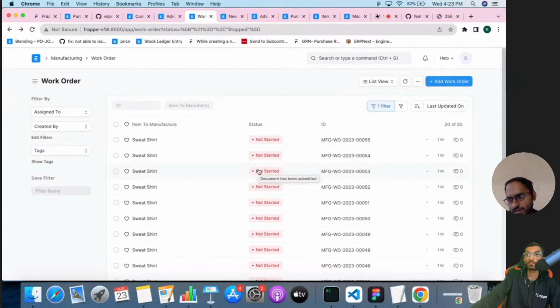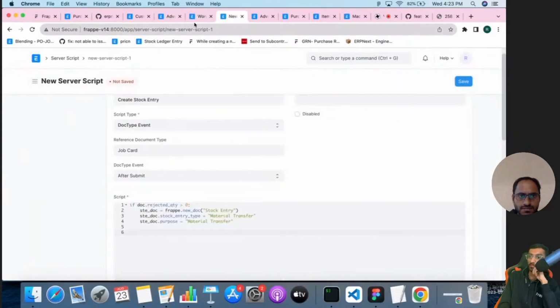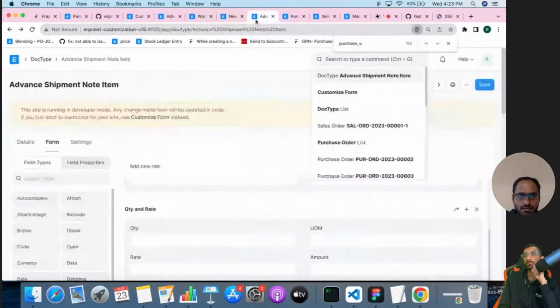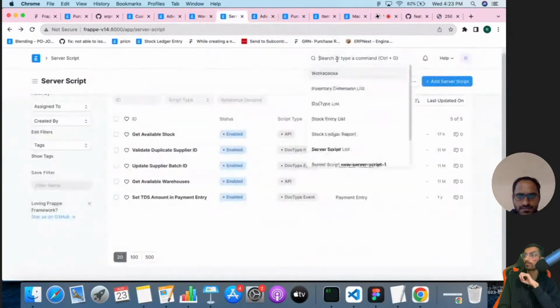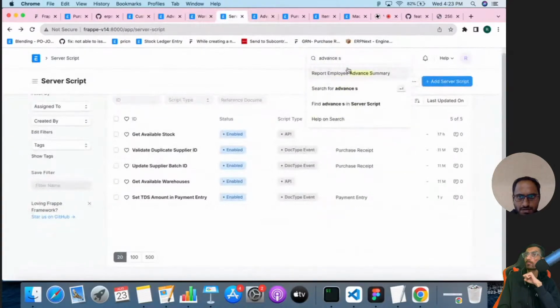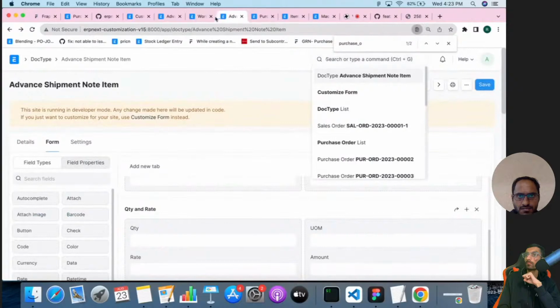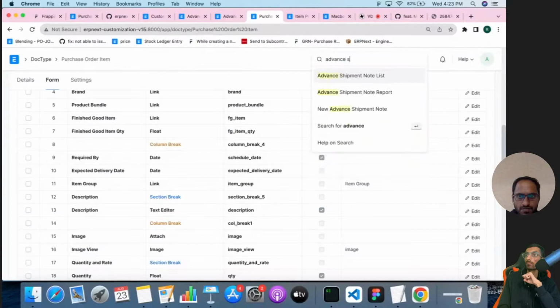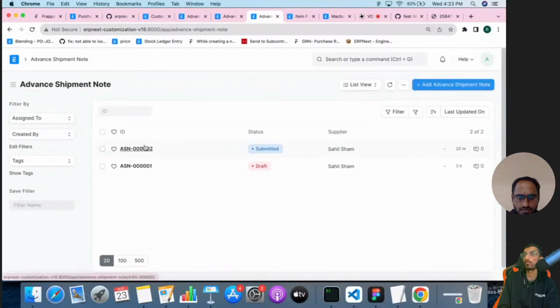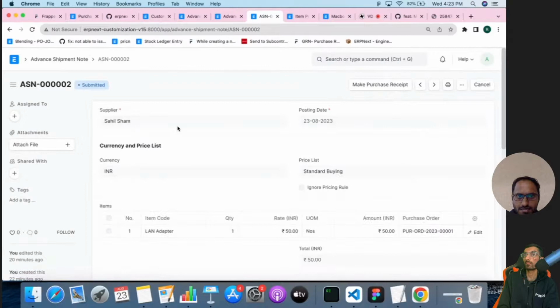Can map doc get the link document in connections? Okay, for connections, go to the advanced shipment and get map doc, add the connections. So to add connections, you have to